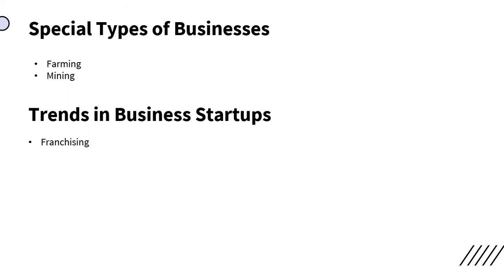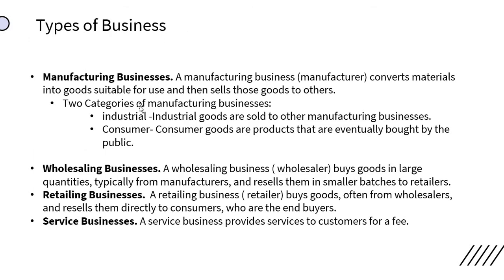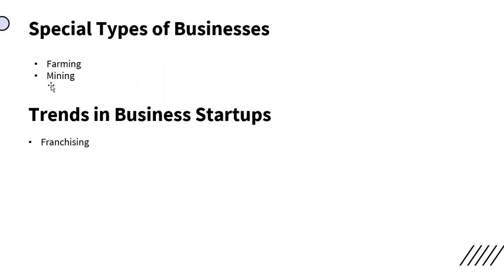Next is mining. Mining is another type of business. Ang tawag dyan is also extraction business. Mining, sometimes they take resources from the environment and convert it into another form like copper, oil, salt, ganon. So, mining ang tawag sa special type of business na yon. But, we still consider yung pinaka-main talaga, yung apat: manufacturing, wholesaling, retailing, and the service businesses. But, we also have these two kinds of special type of businesses.